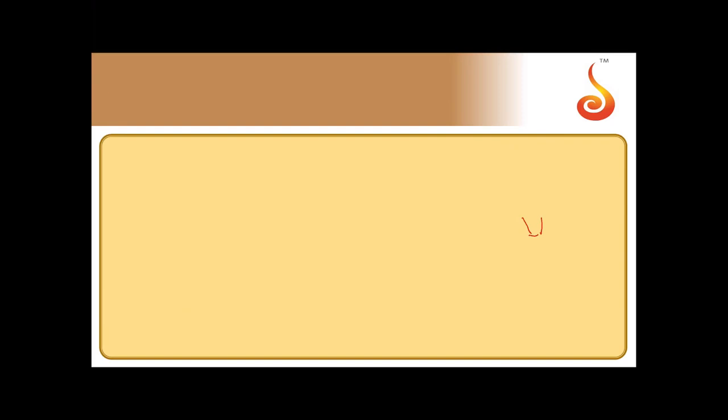So let us say this is your bucket. Now, holding its handle, you whirl it in a vertical circle. So when it comes to the top, here it is inverted. Now there will be centrifugal force acting on it that should balance the weight of the water. Centrifugal force on water will be mv square by r, where m is mass of water. So for water to not spill out, both the forces should be equated. mv square by r should be equal to mg. This gives you minimum velocity.